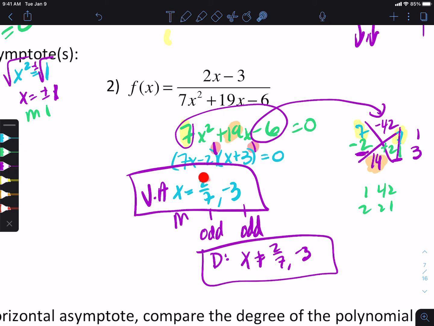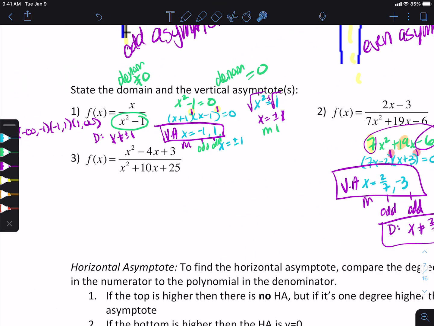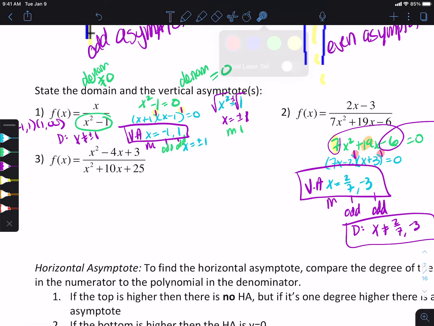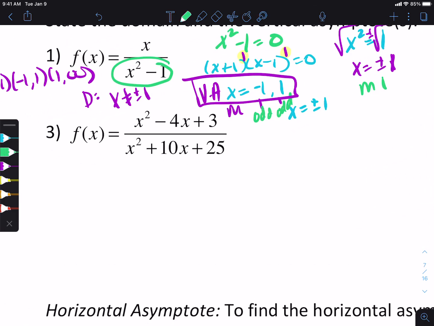Again, remember the vertical asymptotes are x equals, your domain is x cannot equal. So you could set this equal to or not equal to and then solve, and then remember that you have x equals for your vertical asymptotes and x cannot equal for your domain restriction. So if we look at this last one, notice I've ignored the top on all of these because when we are finding our domain and the vertical asymptotes, it comes from the denominator. So I'm not even caring about the tops. I just care about the bottoms right now. We'll get to the tops in a little bit, but we just care about the bottoms for our domain restriction and for our